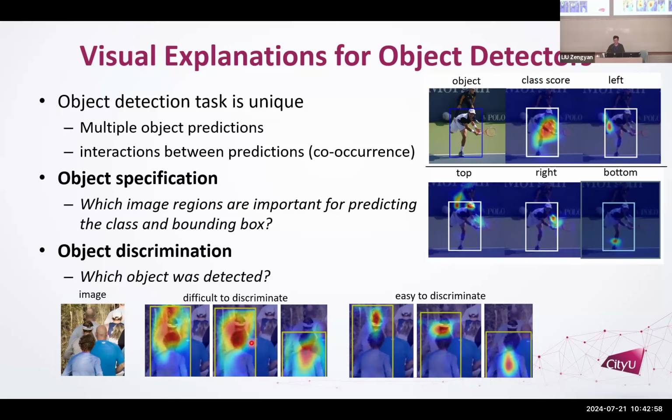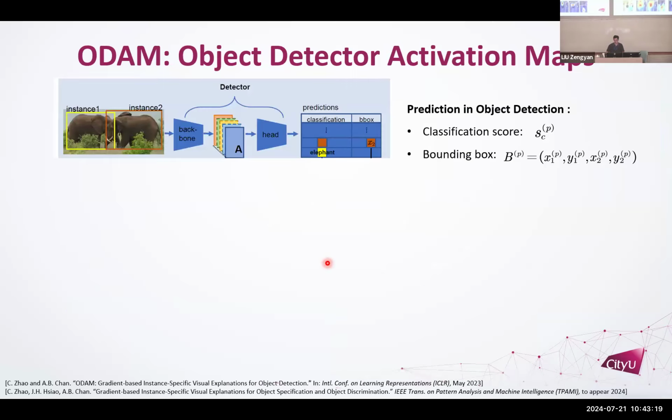Okay, so it's difficult to discriminate using the saliency map, but we can improve the saliency map to make it easy to discriminate by making the model focus on particular parts of the object when it's doing the classification. So this is an example from our method where we can create easier to discriminate objects. Okay, so how does it work?